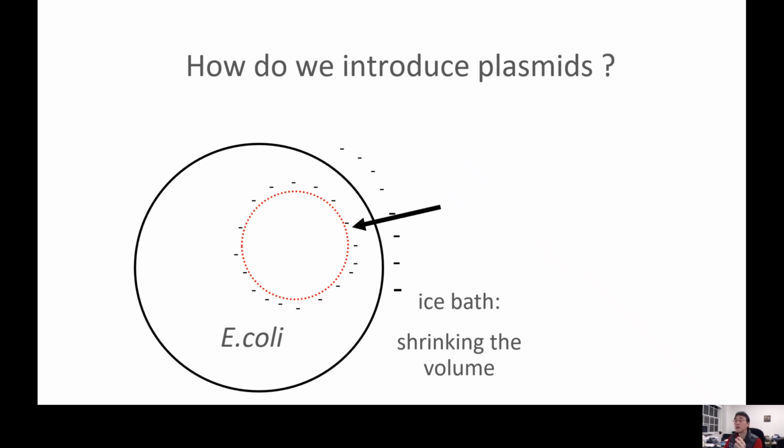Cold, hot, cold, and then you're going to add LB broth just so that the surviving E. coli have a chance. You hope for the best that they actually took up the plasmids, and then you allow them to replicate and multiply. All right,